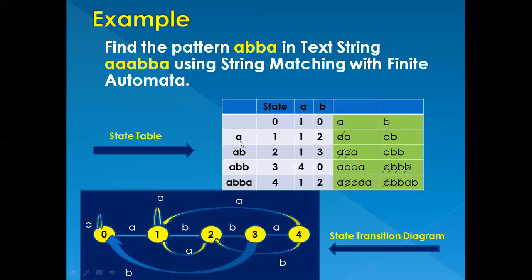Now for the next state, in which you have A. A is your first state. To that state, if I add A, it becomes AA. You need to check, do you have a state like AA? No, you don't. So when you don't have a state like AA, what you do is you start cancelling the alphabet from the left and you keep adding the alphabet to the right. So you cancel A, and what is left is A. You do have a state like A, hence I've put 1.